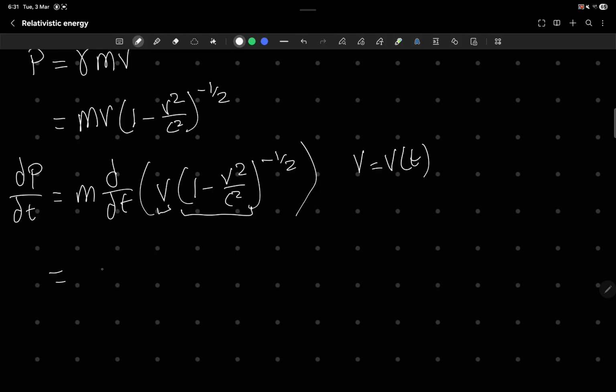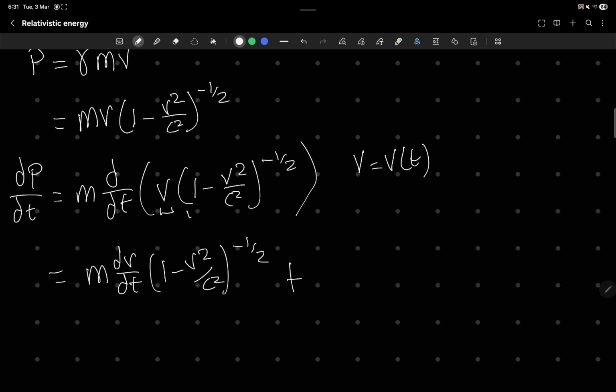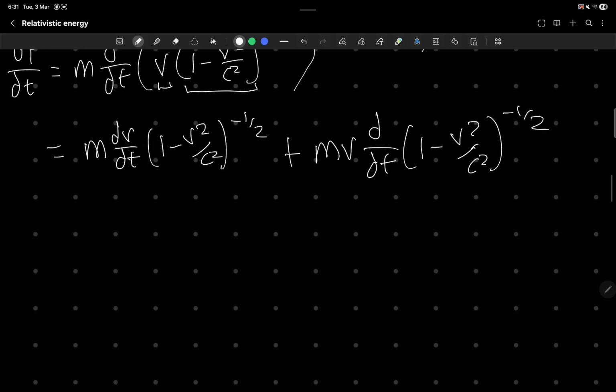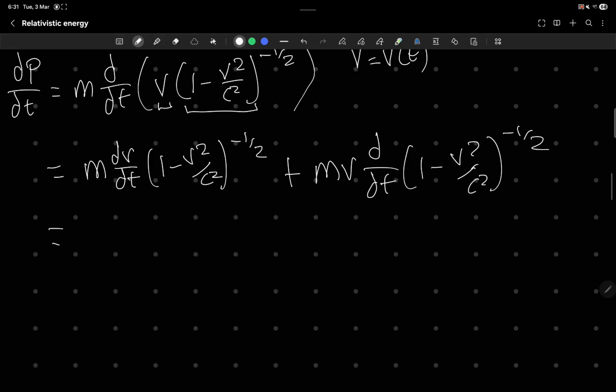So the derivative of this will just be m dv by dt, bracket 1 minus v squared upon c squared to the minus a half, plus now it's going to be this times the derivative of this. So we can take the m out, so mv, and then d by dt of 1 minus v squared upon c squared to the minus a half. And so if we just continue with the algebra, the calculus actually, then